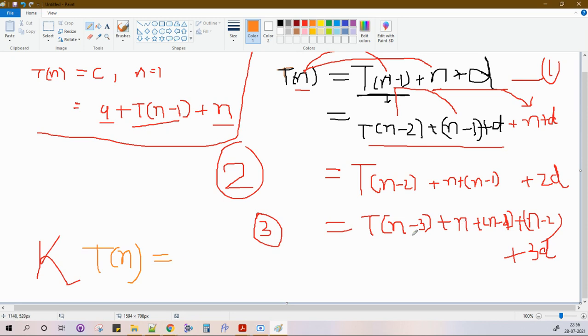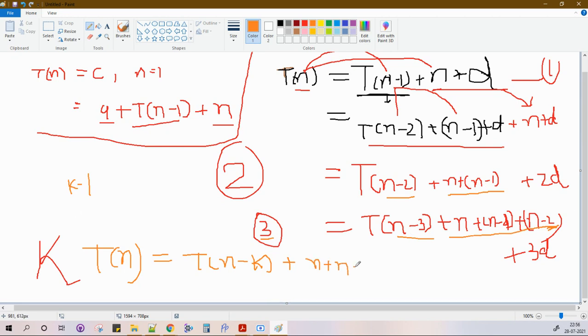Definitely. T of n equal to... See, at second level I am going up to n minus 1, right? So at 2 I am having 1, at 3 I am having 2. I'm talking about this series, right? This is trivial: n minus 2, n minus 3, so I will have n minus k. Now what will this series look like: n minus 1, n minus 2. If it is 3, I am going up to 2 level, second level. So if it is k, I should go up to k minus 1 level. Yes or no? One level less than this. 2 minus 1, 3 minus 1, so k minus 1.